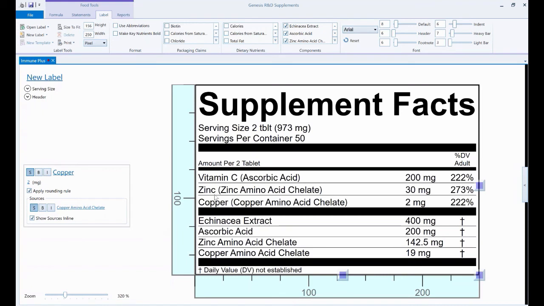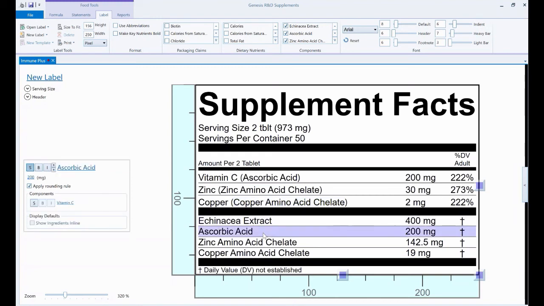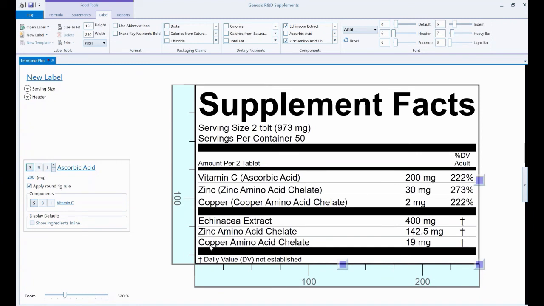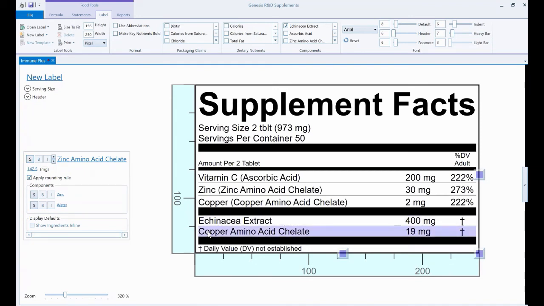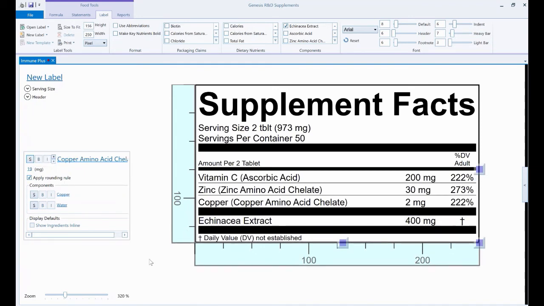So if I'm going to show the sources for these vitamins and minerals right next to them, I definitely don't need them at the bottom of the label here. So I can remove them. If I click on ascorbic acid at the bottom, I can just remove it from the label there. Clicking on the zinc ingredient, clicking on the copper. So now I've removed those from the label. The program automatically knows that on top of this black line is where the vitamins, minerals and nutrients go that are heavily governed by the supplement facts labeling regulations. And then below the line here are other